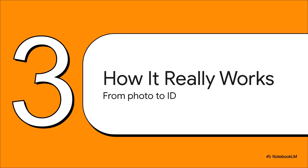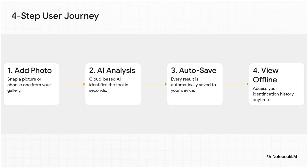Okay, so how does this magic actually happen? You might think it's super complicated, but the way you go from just a photo to a full-blown identification is actually incredibly simple. The user journey is just 4 simple steps. You snap a photo or grab one from your camera roll. The cloud-based AI crunches the data in, like, seconds. And then, and this is a really smart touch, it automatically saves the result right to your phone. No need to hunt for a save button,